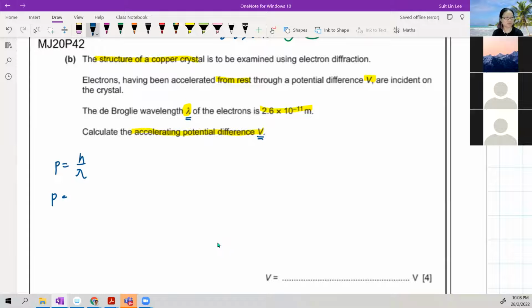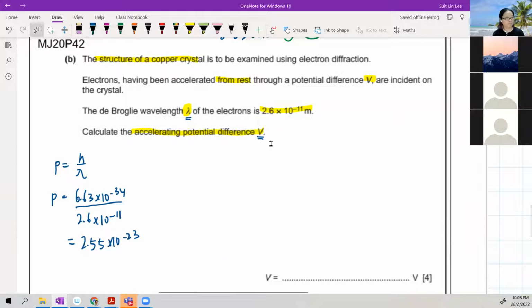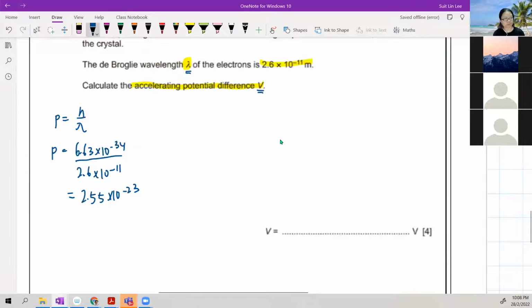Okay, so I'll do it step by step. 6.63 times 10 to the power negative 34 divided by 2.6 times 10 to the power negative 11. Okay. This one is 2.55 times 10 to the power of negative 23. Okay. And then you can find the